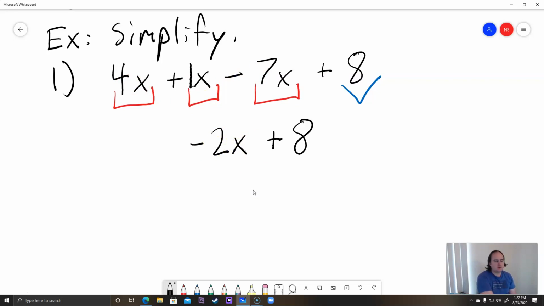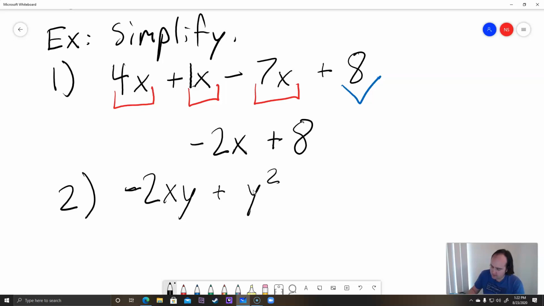I wanted to do one more example. Most of these are not too bad, but I just wanted to show you a little bit harder one. Okay, so example number 2. For this one, we have negative 2xy plus y squared minus 5x plus 3y squared. Okay, so negative 2xy